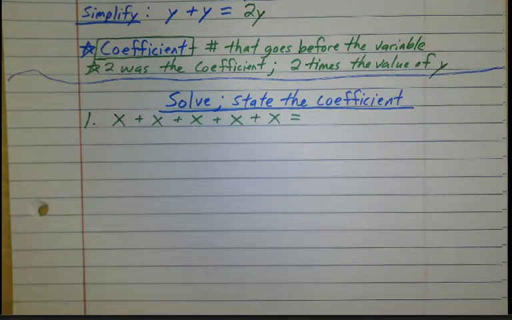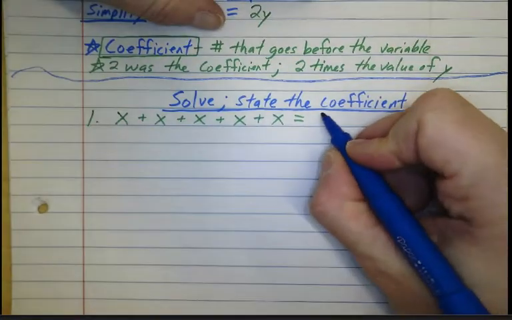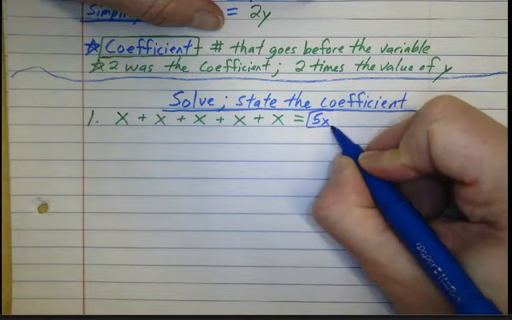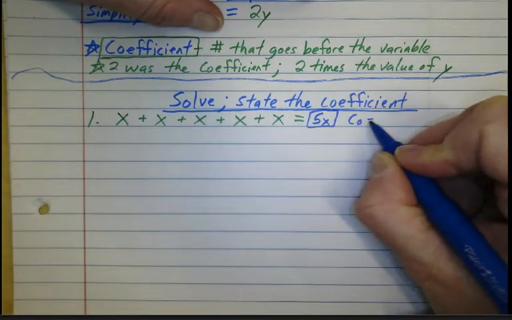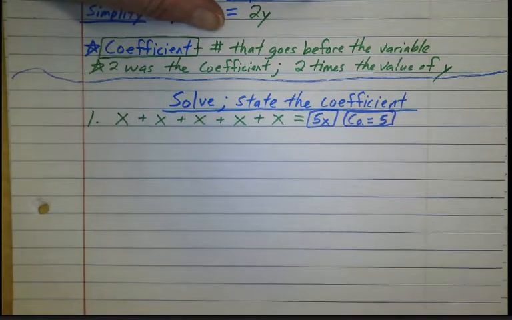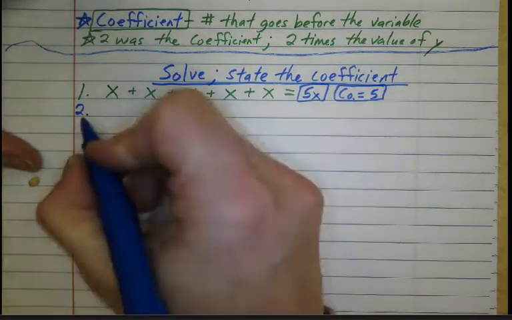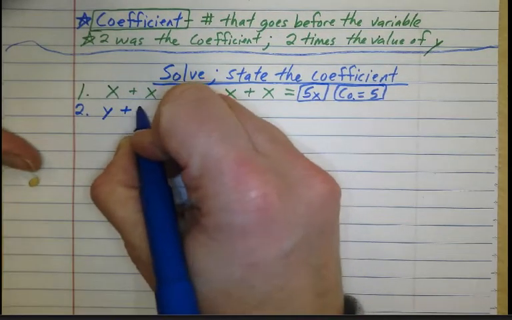How can you simplify or combine those together? There are 5 x's being added, so that's the same thing as saying 5x when you solve it, and then your coefficient would be 5. It's the number in front of the variable. The next example, solve and state the coefficient, is y plus